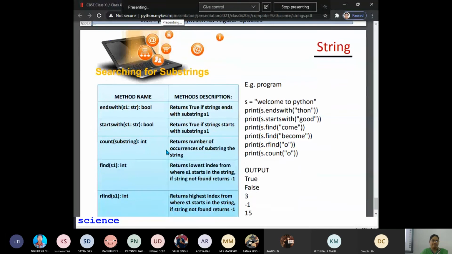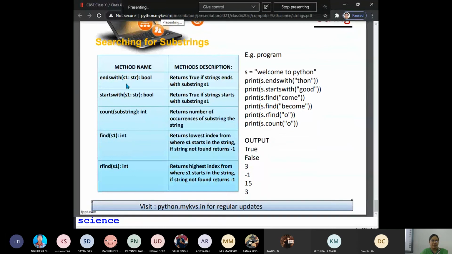Okay, so now ends with, it will return true or false. Bool means it will return a true or false. Ends with, see whether it ends with a given substring. Okay, so if string ends with a substring, starts with a substring.